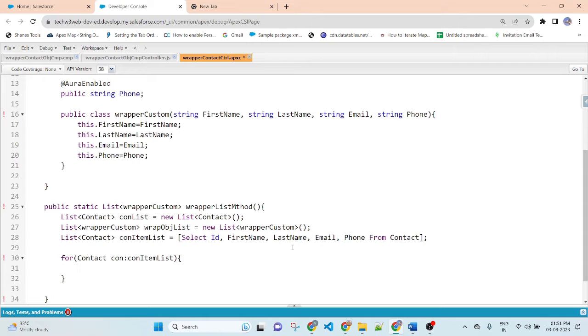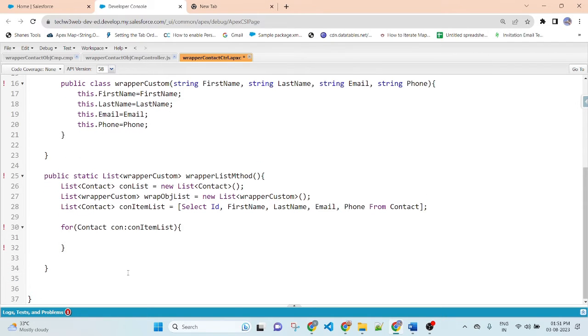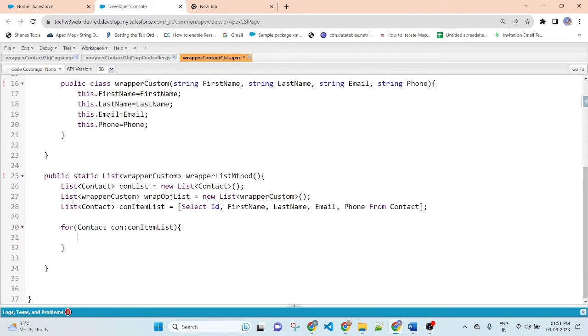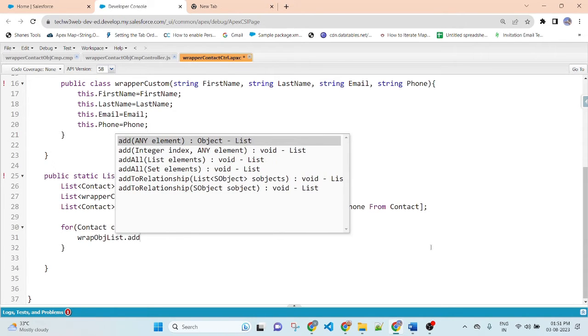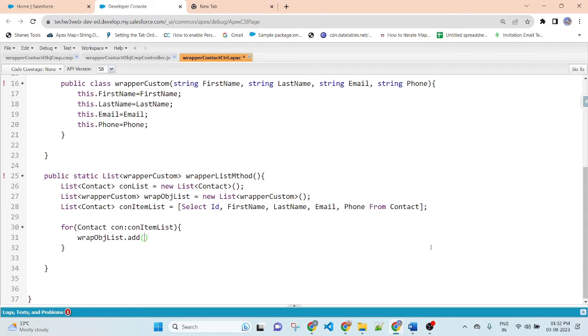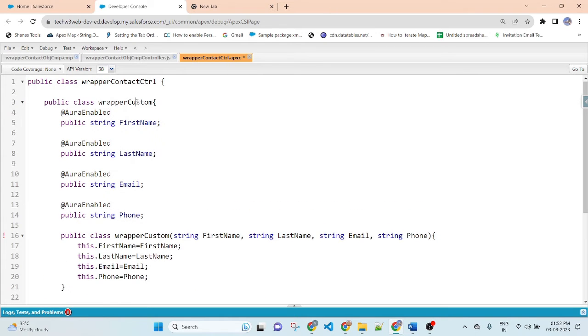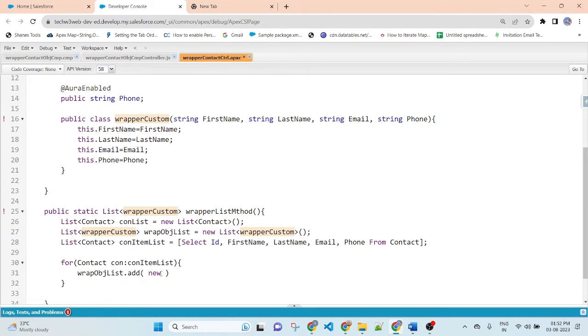Here I will add the list of contact values into the wrapper class. This is the instance of the wrapper class. So copy this, dot add. Here, create an instance of the main wrapper class. This is the name of the main wrapper class.